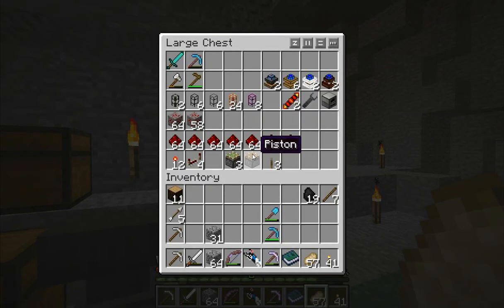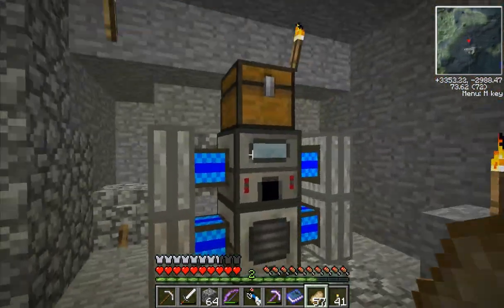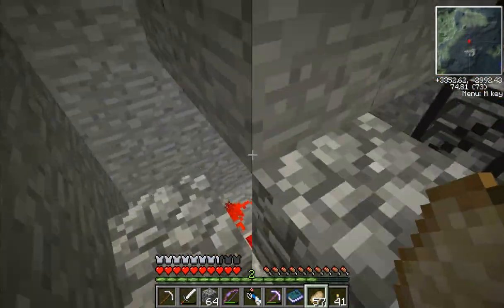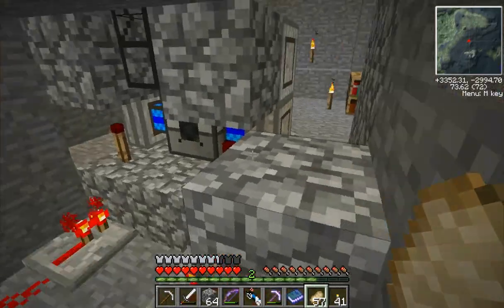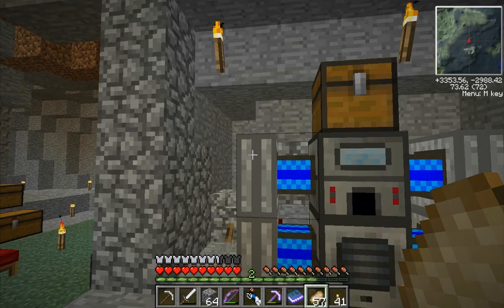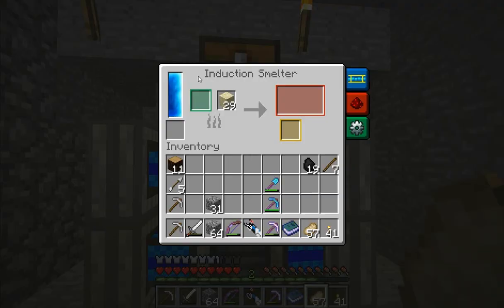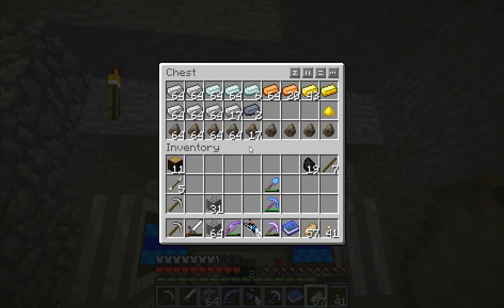Let's see. I've been messing around a little bit with the Buildcraft stuff and engines and Thermal Expansion as well. So we do have a very ghetto system set up with Stirling engines, the pulverizer, the induction smelter, and we've done quite a bit of pulverizing and smelting with some of the ores